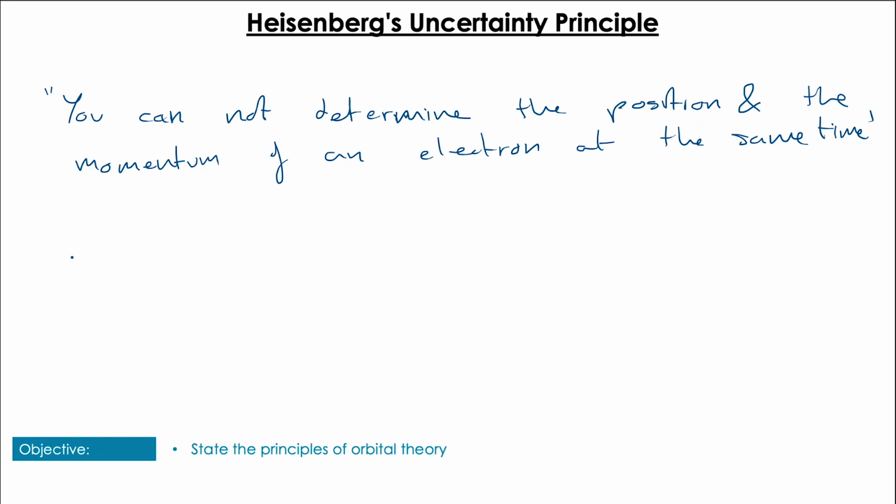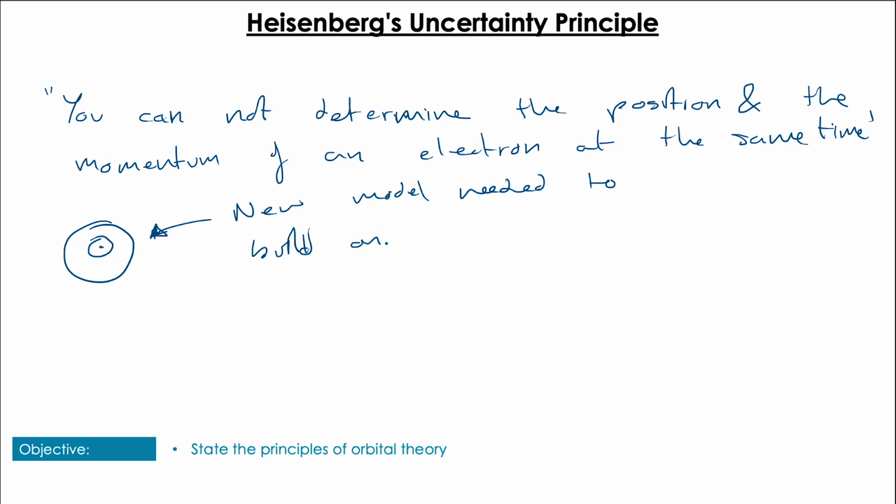Unfortunately, until this day, we still are yet to be able to do that, and this theory holds with a lot more evidence that's grown over the last century. So we needed a new model to build on this simplistic Bohr model of rings around the nucleus,